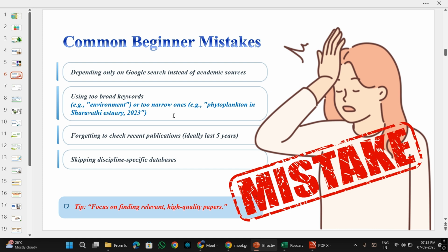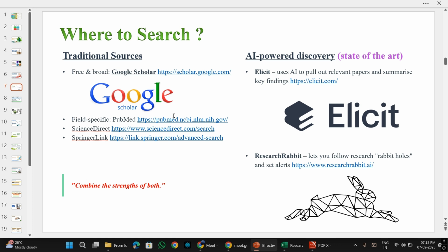Focus on finding something that is relevant and very high quality papers. We have to escape from using literature that comes from predatory journals or local journals, where peer reviewed literature is not available, or the research is not available. Those are the things that we have to escape. We have to find highly relevant and credible literature published by quality journals, where the peer review process is more thorough.